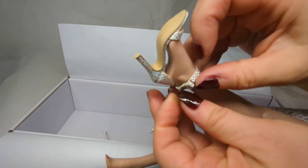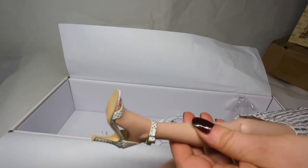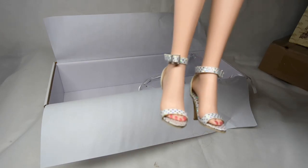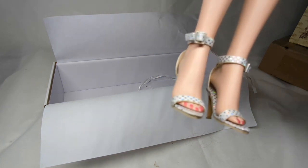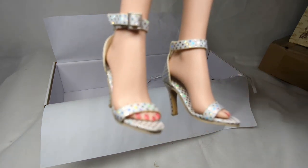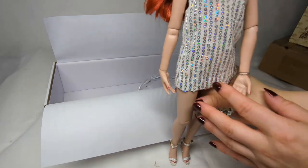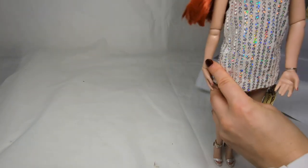I might pause the video while I do the second one. So both shoes are done up. The second one actually was a little bit quicker, perhaps because I'd already done one, but still a little bit fiddly if that's something that you have trouble with. But you can see her all complete now,